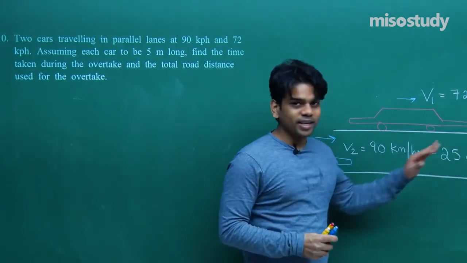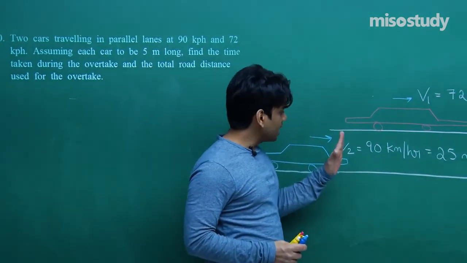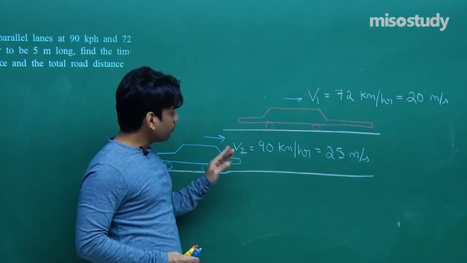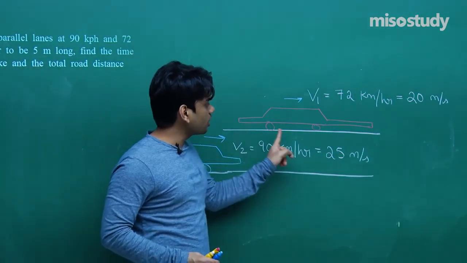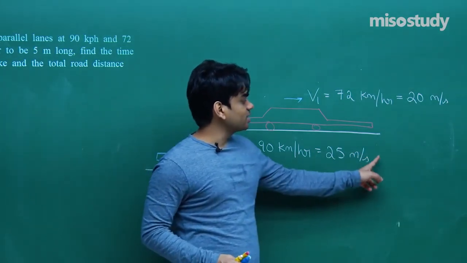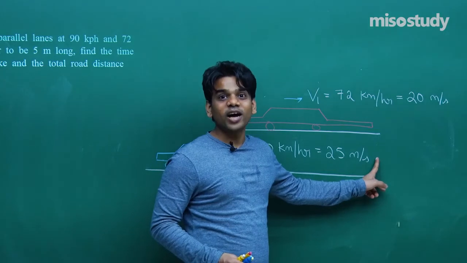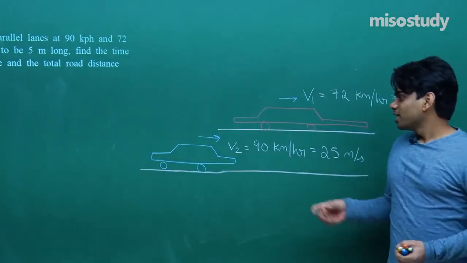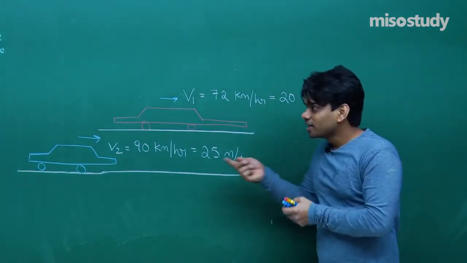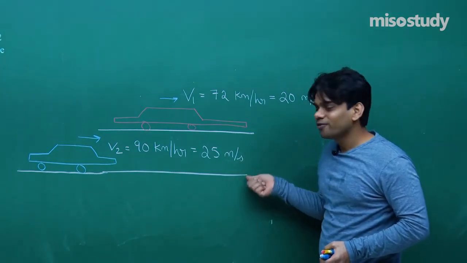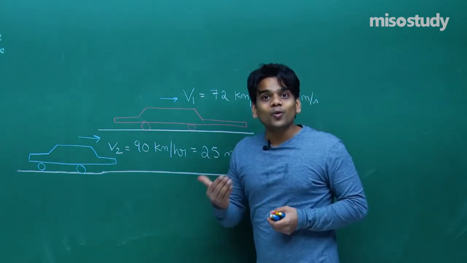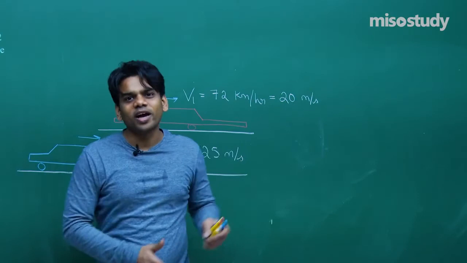When this car overtakes, it has to move, see how much distance. If I stop this car and if it starts moving, first of all its front end will cross it, will reach here. In doing so, the front end starts from here and reaches to this end. It means the front end would have traveled 5 meter. Now you try to understand, when the front part reaches here and starts crossing the car, the rear part would move to the front end of this car. It would again travel 5 meter. So to completely overtake, the distance traveled would be 5 plus 5, that is equal to 10 meter.